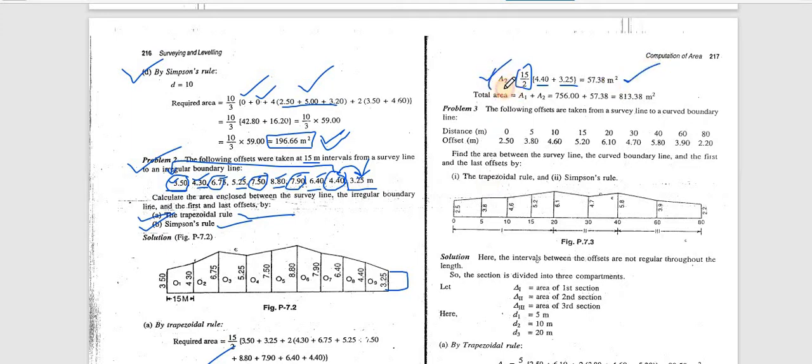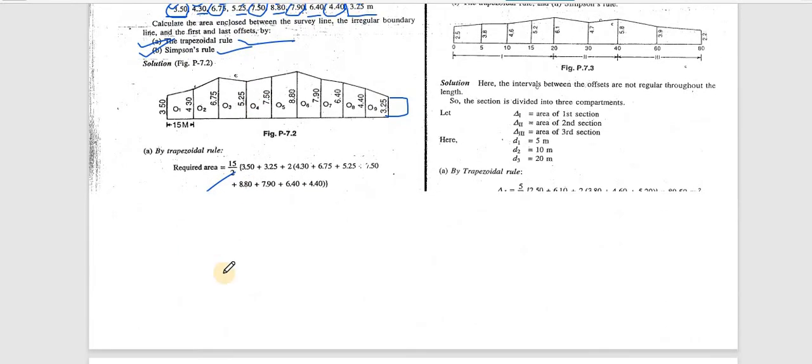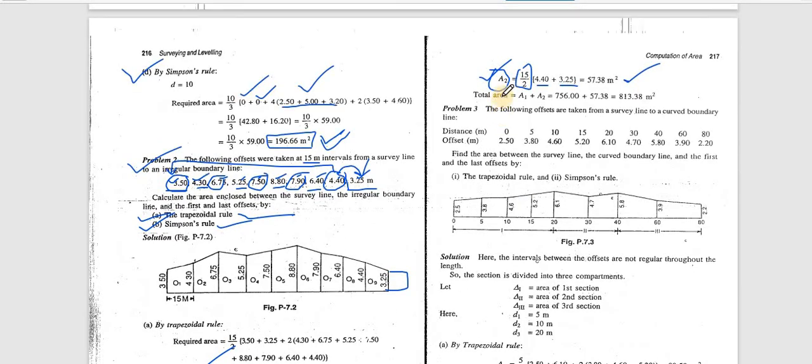So we need to add this A2 to your A1, that will give you the total area. Okay, A1 plus A2, that will give you total area, which is coming out to be 813.38 meters square. Okay, so in this way you can calculate the area with the help of your Simpson and